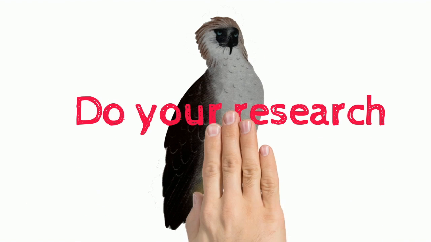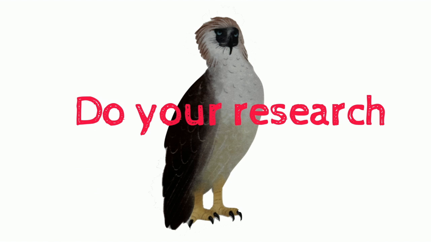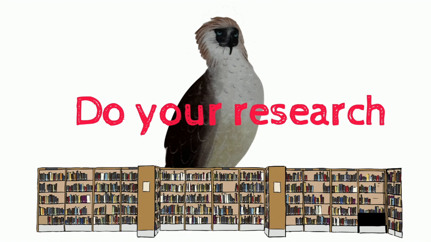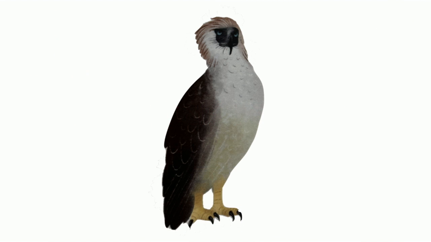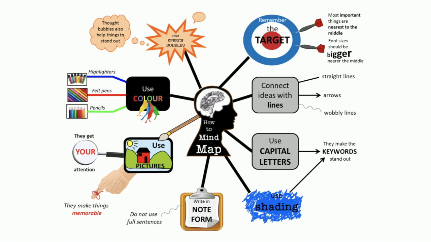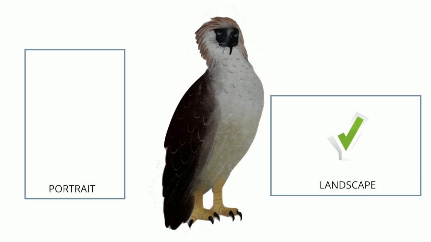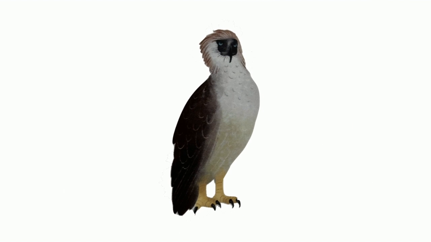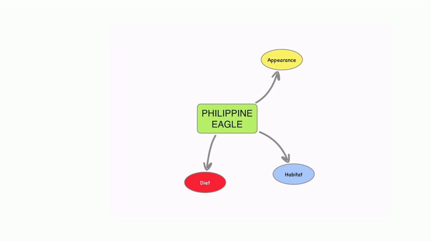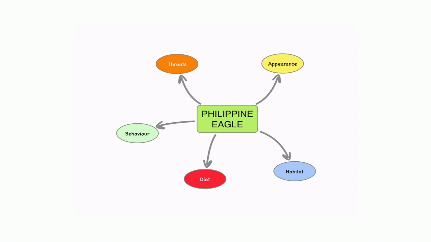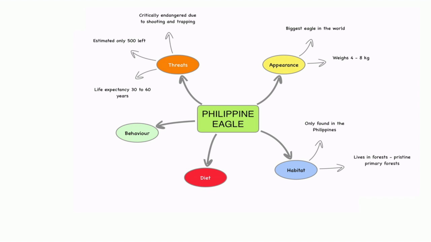We now need to carry out our research. This could be done by looking through books in a library, reading websites online, or by talking with experts. A good way to record your notes is to use a mind map. Orientate your paper in a landscape position, then begin by writing the topic in the center of the page. From here, draw arrows to each of the questions you'll be answering. As you find out facts about these areas of interest, make notes in the appropriate section of the mind map,